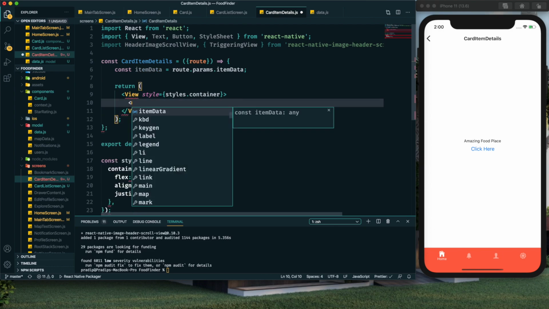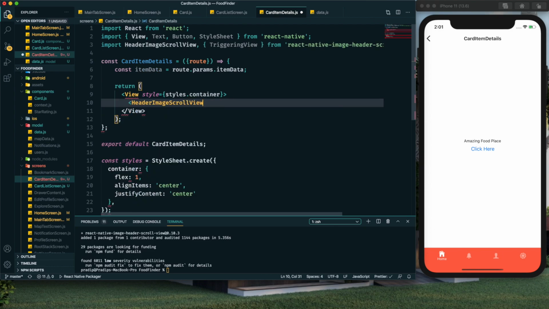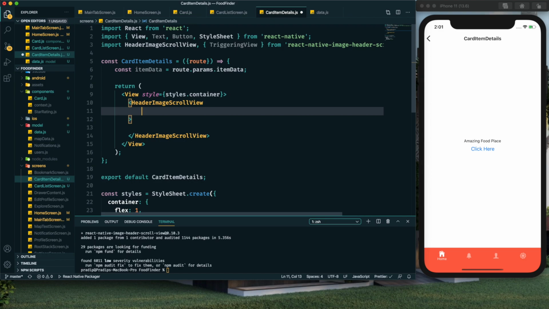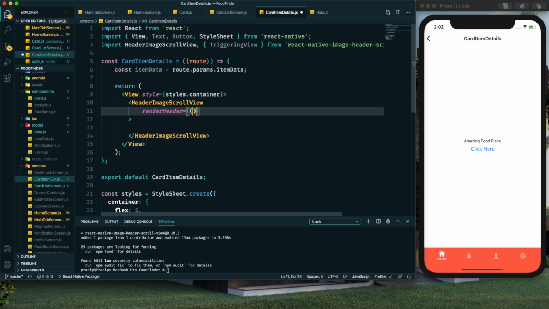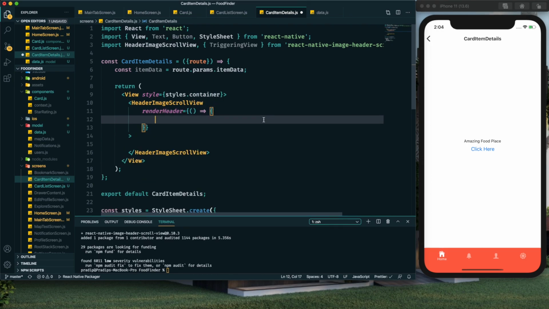Here we need to provide this header image scroll view, and within it we can provide a header image to provide the image, or else we can do another thing which is render header, and here we can provide the component which we want to render for our header.